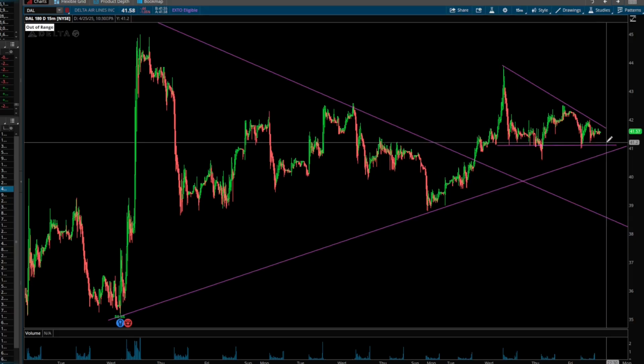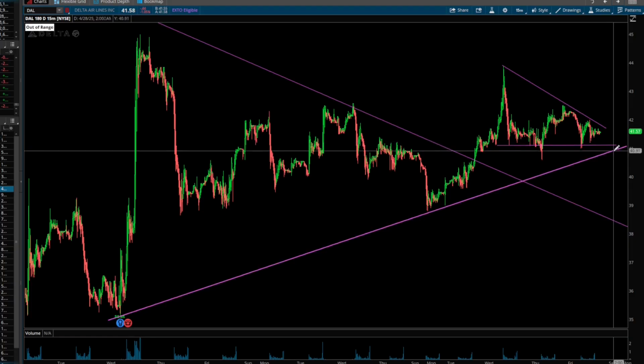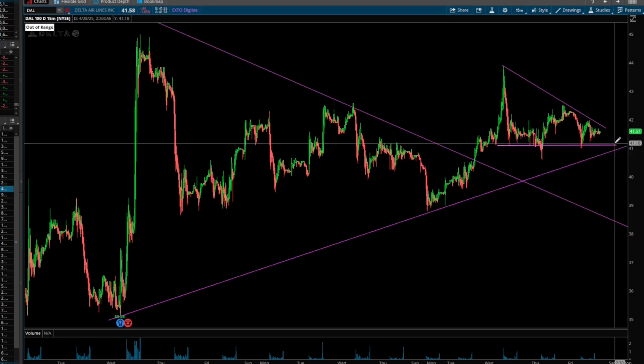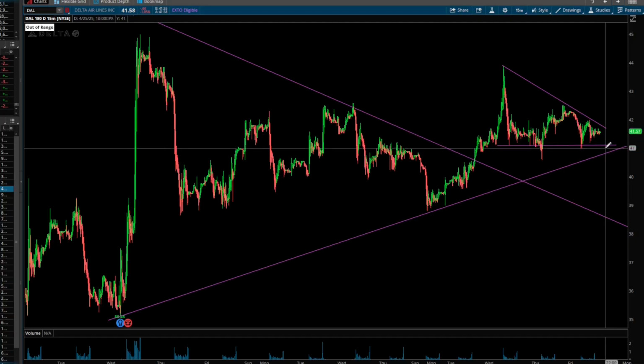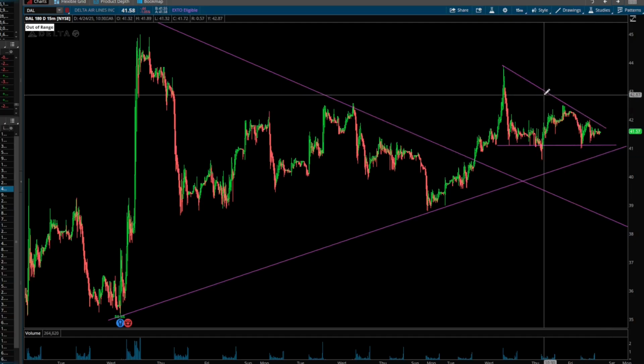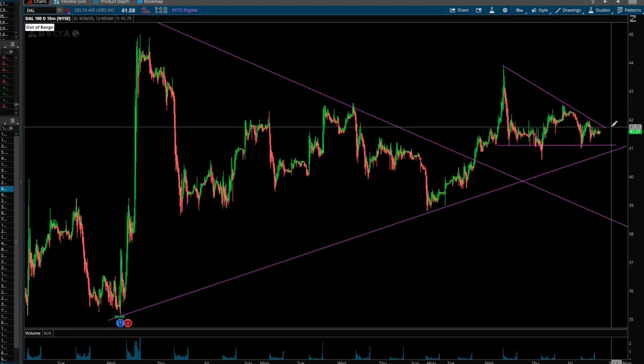So I'm at a half R risk, and let's say I want to wait to get full size. Either we get another pull and we test the line and it holds, the higher time frame trend line, that is, or we spend more time and it still holds the 41.20. Okay, so at some point in my head, I know right now I have a half R exposure, and at some point I'm either going to get to full size here, or here, or I could get to full size on the downtrend line break. So whatever happens, I